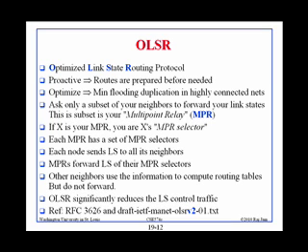Each node sends link state to all its neighbors. So everybody sends it to all the neighbors. I'm going to send it to all my neighbors, you're going to send it to all your neighbors. But for the other people's link state, only MPRs broadcast. Only MPRs will send their selectors' link state route vectors for us. Other neighbors use the information. Now, based upon this, you can just use Bellman-Ford.